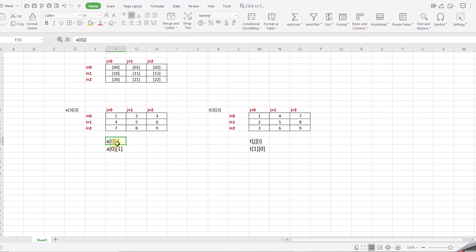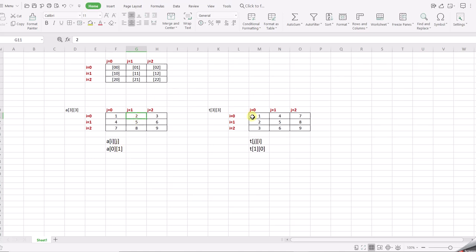In other words, if I'm accessing the value at a of ij, here the value of i is 0 and the value of j is 1. So if I'm accessing this particular value, a of 0, 1, in my transpose matrix, I'm putting that value at the location 1, 0. In other words, ji. Alright, I will repeat again. If I'm accessing this particular value at location ij, this particular location is 0, 1, right? The value of i is 0, the value of j is 1.